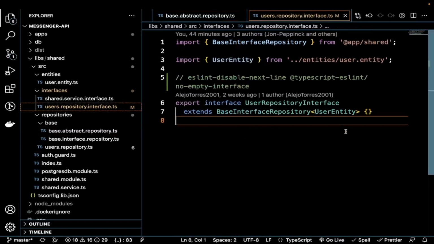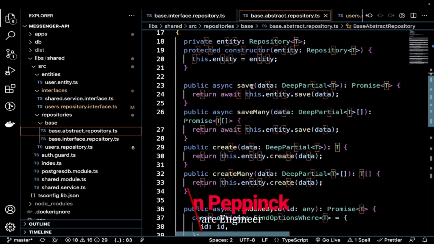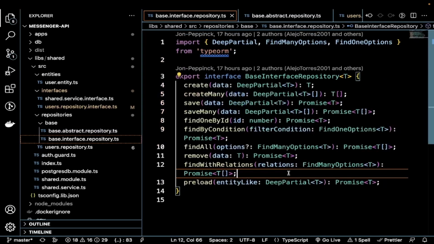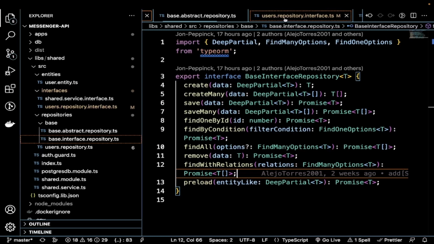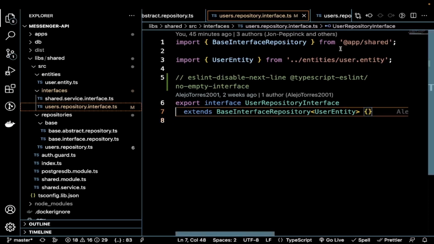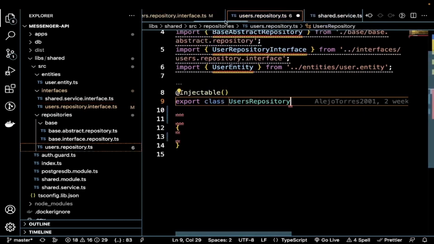So we don't actually need any other methods because the abstract methods that we have here cover pretty much everything we need. But it's notable that if we had some very user specific stuff here, we could easily just create a function in the interface,